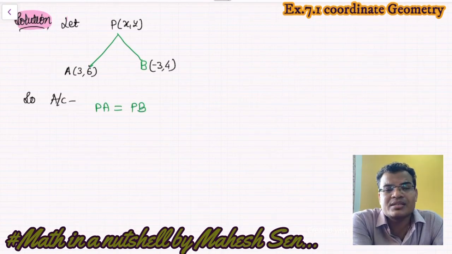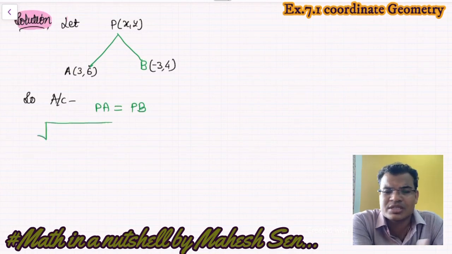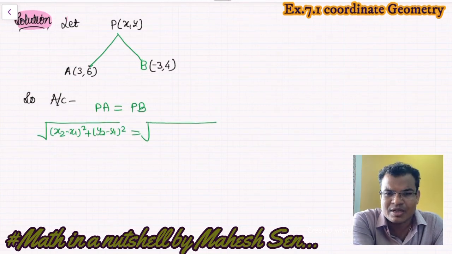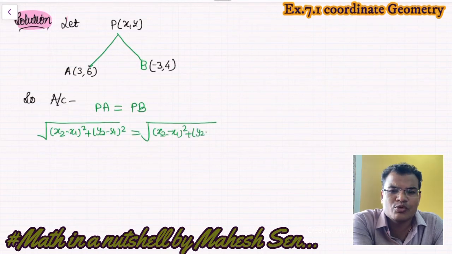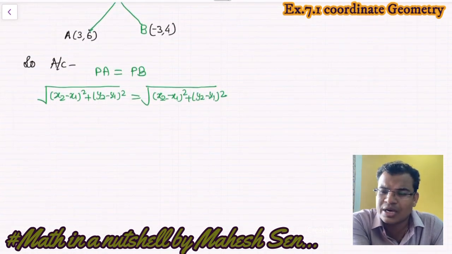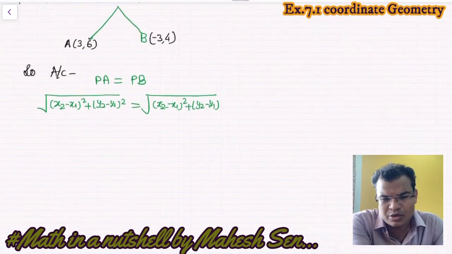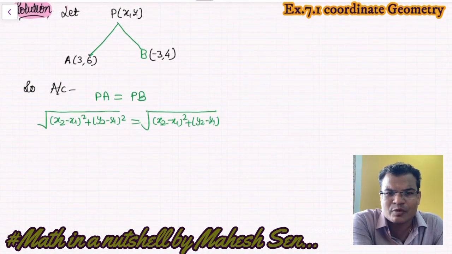Second thing, you can square both sides in the beginning also, so you will not write the under root sign again and again. x2 minus x1 whole square plus y2 minus y1 whole square. You can put the values directly in this formula. Don't put the under root sign. So there are two methods. I will explain one more method: you don't write the under root sign, you can square both sides in the beginning also, so the under root will be removed. Otherwise, put in the values of the PA coordinates and then proceed.